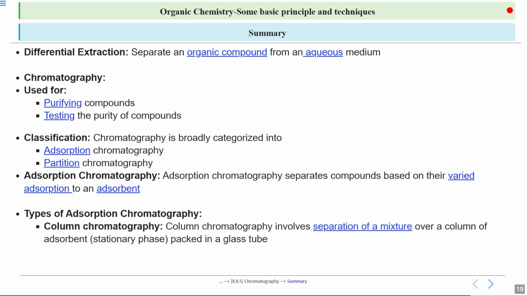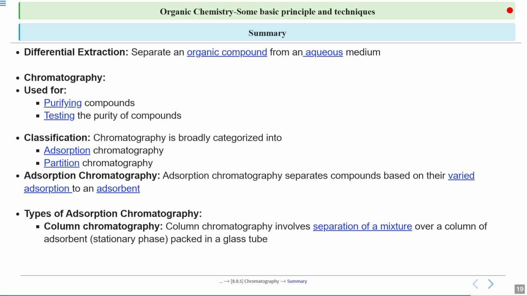The first one is column chromatography, where you use a fractionating column, and in that fractionating column you place three different layers. The first layer is of stationary phase, the second is of the mixture, the third is of the solvent. You open the stopcock, then the solvent moves through the organic mixture, and upon further interaction with the stationary phase, it forms different layers depending upon the number of components the mixture has. You also have a cotton wool placed before the stopcock so that you can control the flow of the